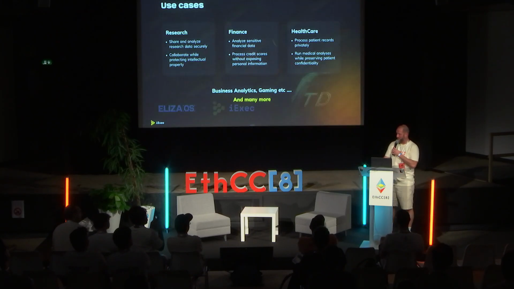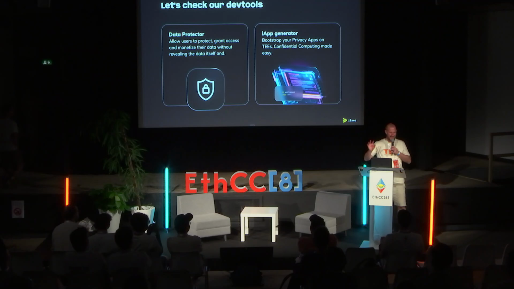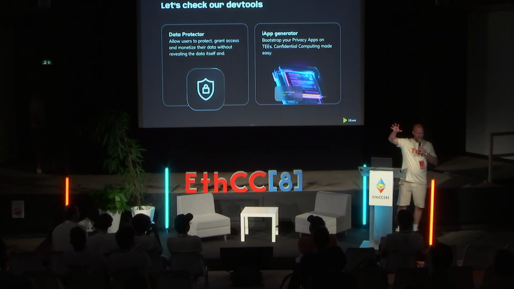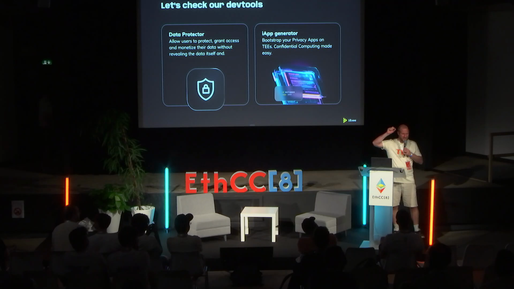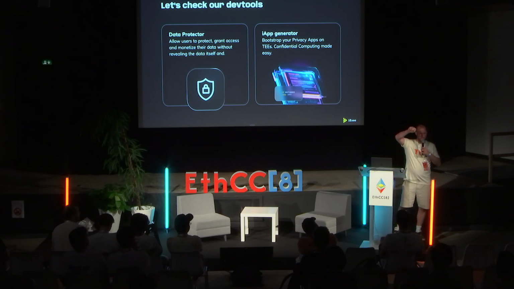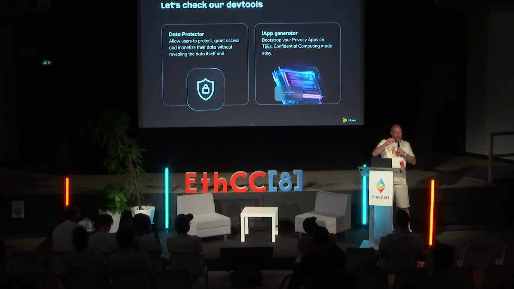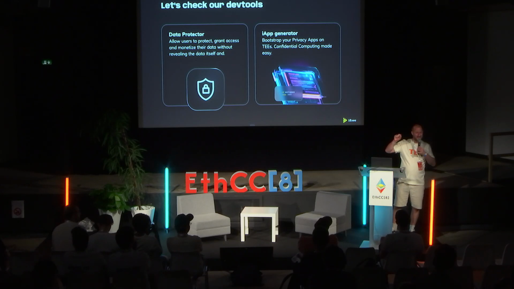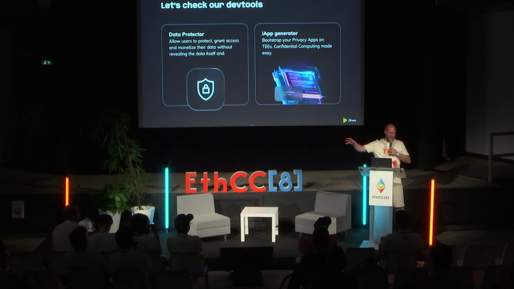Yeah, that's a really cool question. Thanks. On the Data Protector side, we are encrypting data. The encrypted data is stored on IPFS or Arweave. We are working with Arweave. It's a decentralized public storage, so it's public. But the data is encrypted, so we are not scared. And the symmetric key we used to encrypt the data, we store it in the database running in the enclave. So when an IXEC application needs to process the data, it will get the encrypted data, it will get the symmetric key from the database, and then process the data.